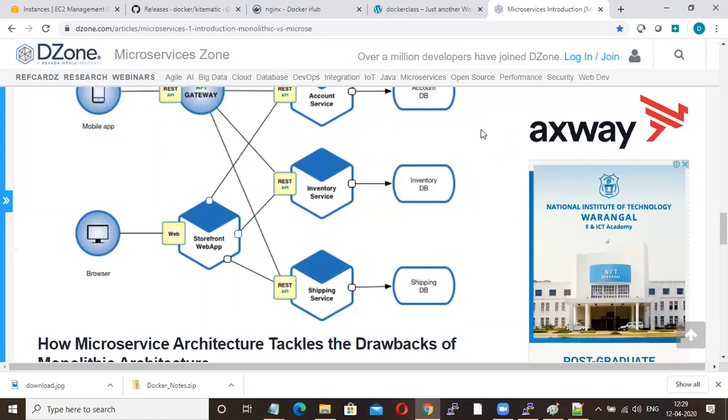So in real time, we create a cluster environment. You can do that in two ways: one using Docker Swarm, another using Kubernetes. What is Docker Swarm? Docker Swarm is for creating a cluster environment in Docker.